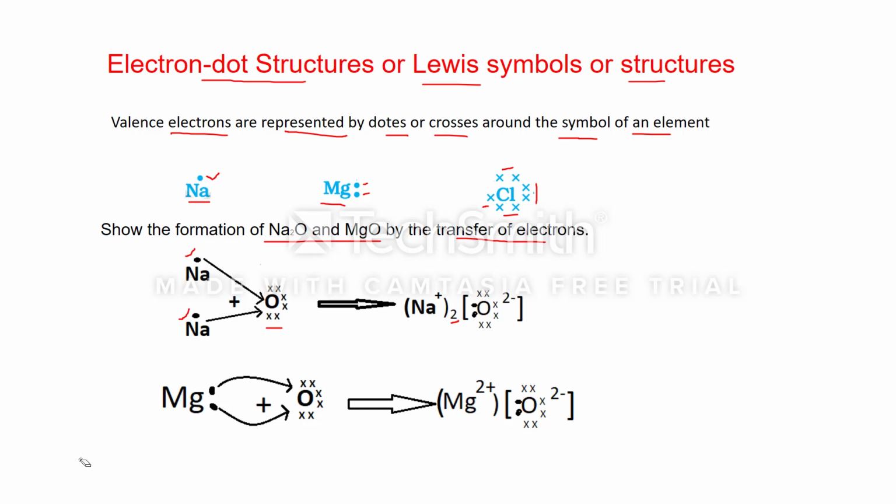The 2 is here, and this oxygen has 6 electrons, and each sodium atom gives 1 electron in this case. That's why these 2 electrons complete its octet, and it gains 2 negative charge. This is Na2O. In the same way, magnesium has 2 electrons in its outermost shell, and oxygen again requires 2 more electrons to get its octet. That's why these 2 electrons are transferred to this oxygen, and magnesium will convert into Mg2+, and oxygen will convert into O2-. Okay, thanks.